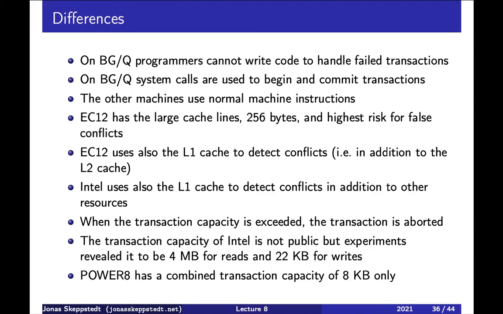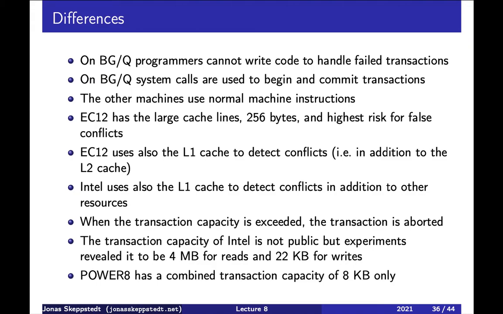And the risk with this is that there can be conflicts by transactions that access different variables which happen to be located in the same cache block. So we will come back to this